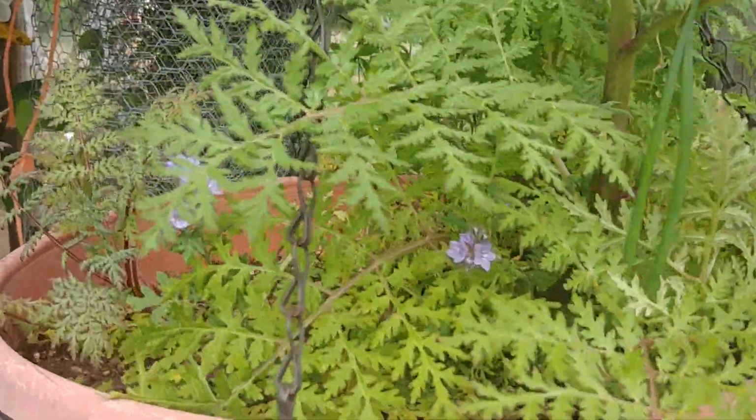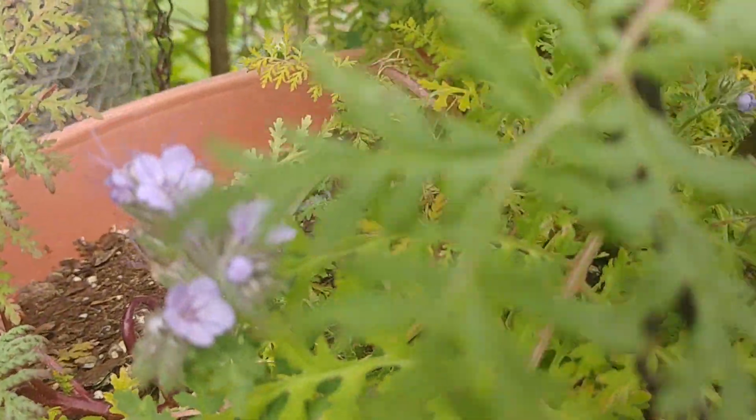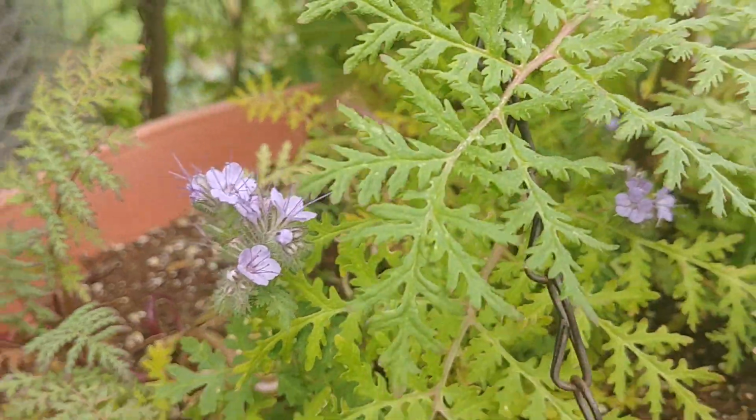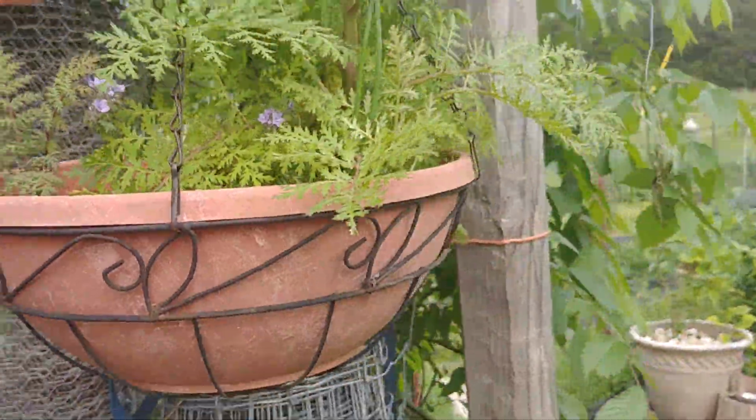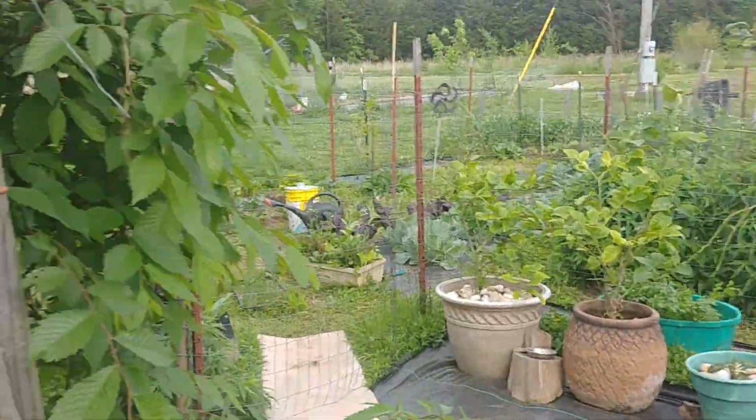It's called a lacy something. Phacelia. Focus. It's really pretty. I just stuck it in that pot because I didn't have...